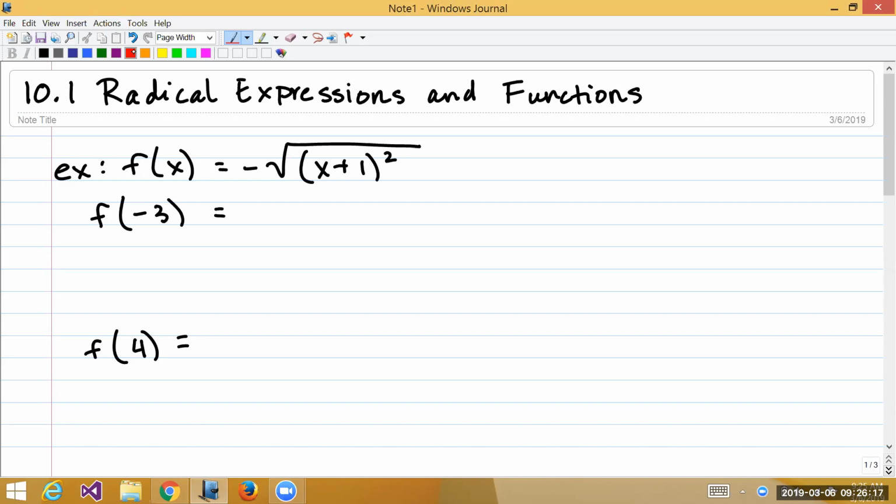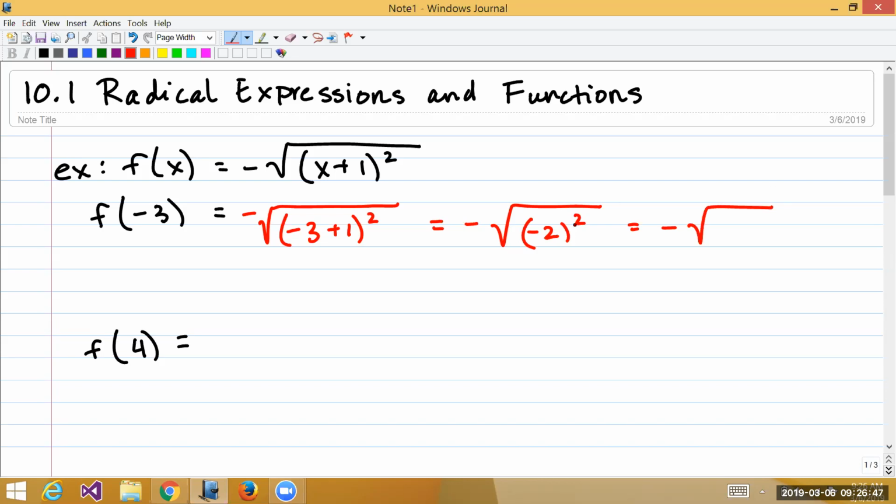So we're given f of x equals negative of the square root of x plus 1 squared. So to find f of negative 3, we'll just substitute negative 3 into our function wherever we see an x. So that is the negative of the square root of negative 3 plus 1 squared, which equals negative of the square root of, let's simplify the parentheses, that's negative 2 squared, which gives us negative of the square root of 4. Now we know that the square root of 4 is 2, and we want the negative square root, so it's